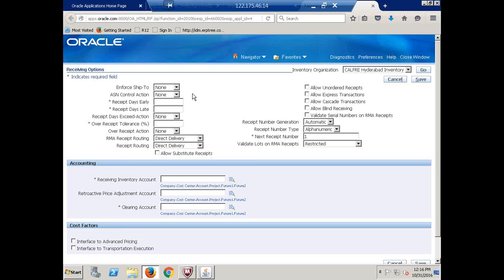We don't need to understand too much about these options. We just have to fill and complete them, that level of knowledge we require. We are not going to work on this. See here, the name is receiving options, but we'll discuss a few points which are mandatory at least. Receipt days early, receipt days late. That means if you give an order to your supplier, and the supplier is going to deliver the material, how many days early you can accept, how many days late you can accept or reject, or where the system has to give